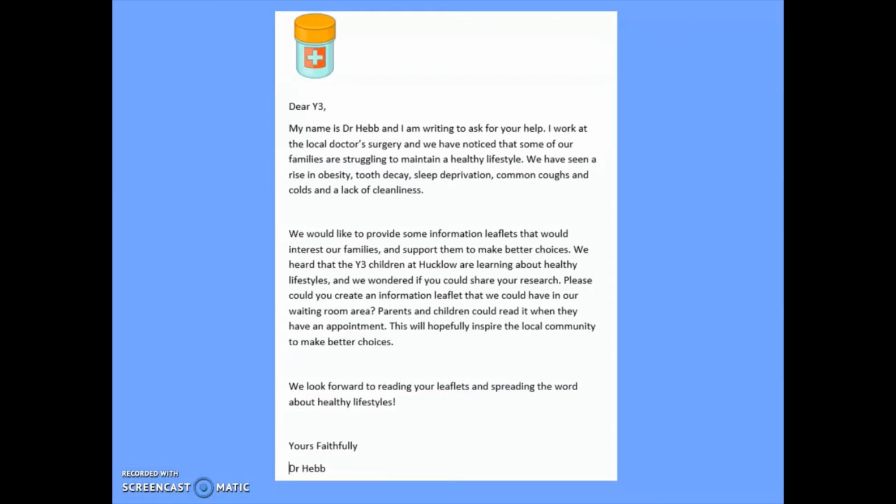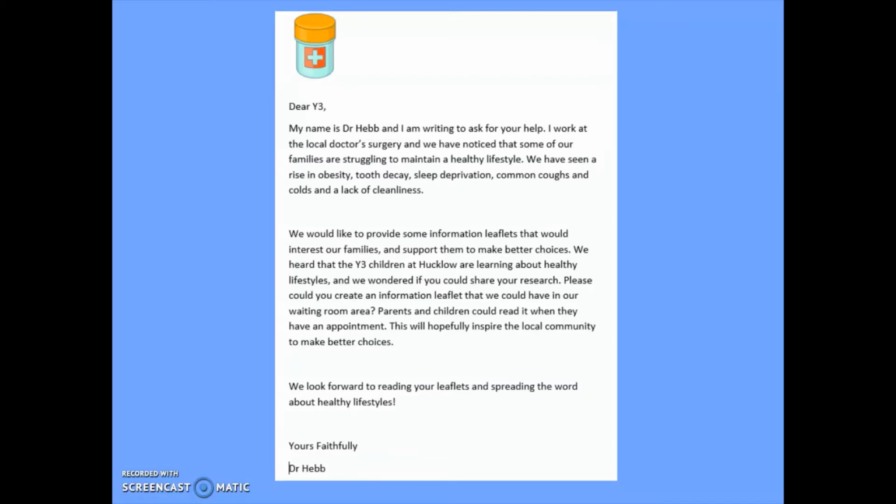Dear Year 3, my name is Dr. Hebb and I am writing to ask for your help. I work at the local doctor's surgery and we have noticed that some of our families are struggling to maintain a healthy lifestyle. We have seen a rise in obesity, tooth decay, sleep deprivation, common coughs and colds, and a lack of cleanliness. We would like to provide some information leaflets that would interest our families and support them to